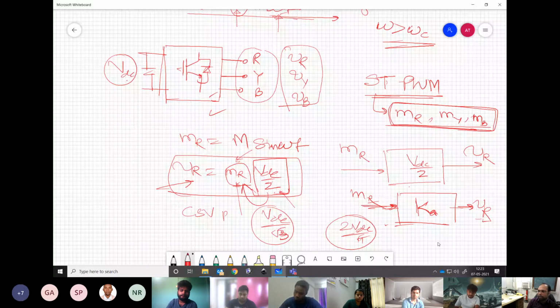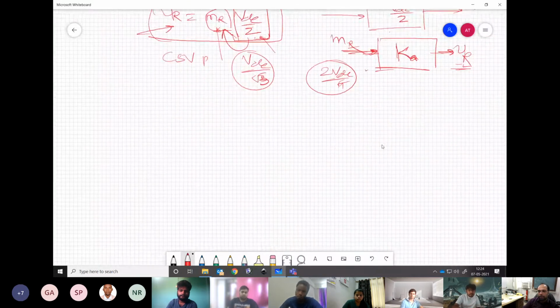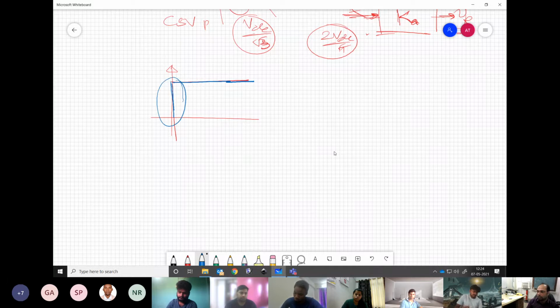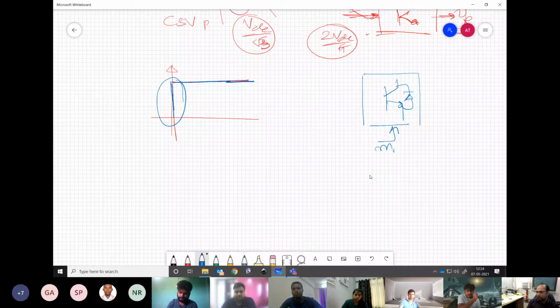Understanding my point? This is the model. Now, there is something hidden in this. What is hidden? You are giving some modulating signal input and you are instantly getting the output. There is no difference between the two. There is no time delay whatsoever, which means your converter is responding instantaneously to whatever signal you provide over here. Understanding my point?